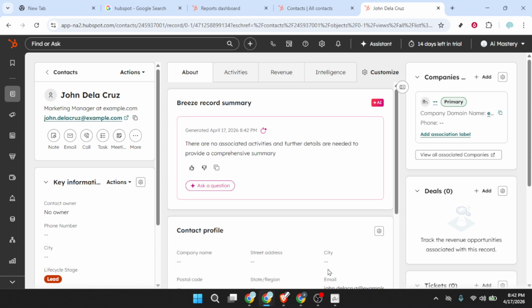To keep your database in great shape, align with your team on which fields are must-haves and agree on formatting rules, like how to write titles and phone numbers. Consistency today saves a lot of